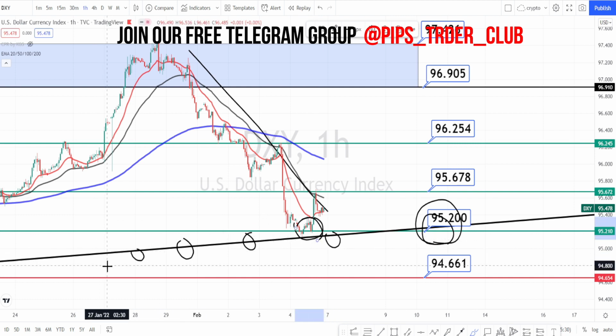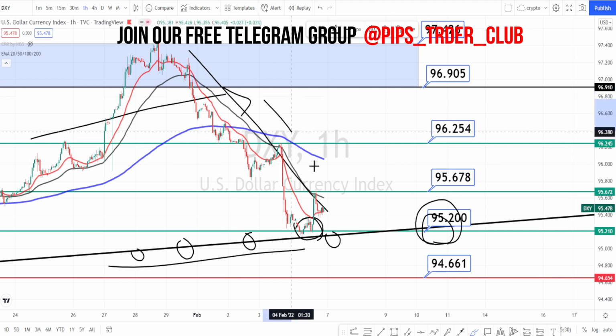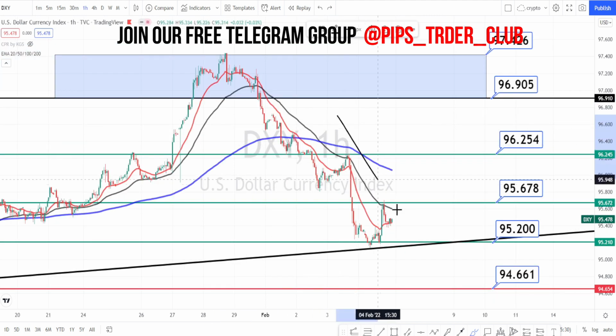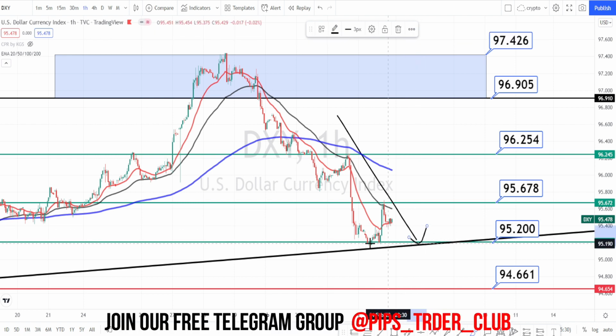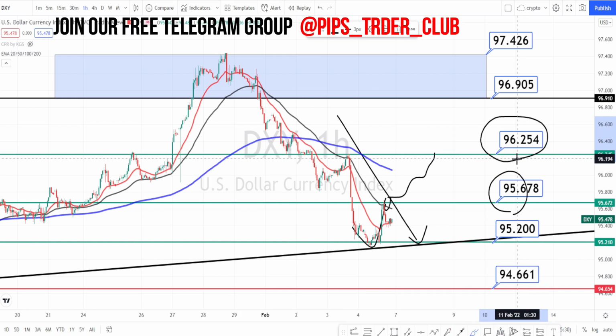So when we look at the overall price action, it is still in a bullish trend. Although it was trading on a bearish trend, it had only retraced to this support level or the trend level. So currently the price has bounced back and taken resistance at the resistance level of 95.67. So if the bullish trend continues, the next level of resistance is going to be around 96.25, and if the price action manages to break this trend line or the support line, next level of support is going to be around